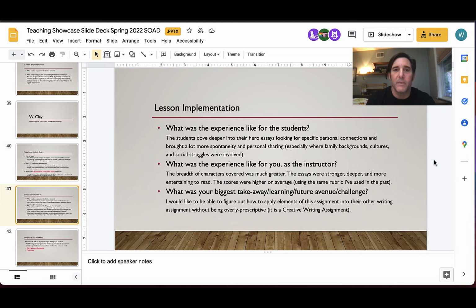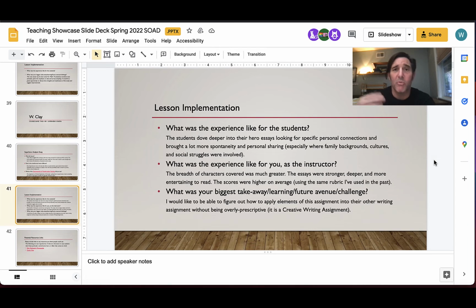What I found from creating a prompt that asked them to go into this a little bit deeper was that the students had more fun with it, and I could definitely tell there was a lot more spontaneity, just a lot more connection with these.